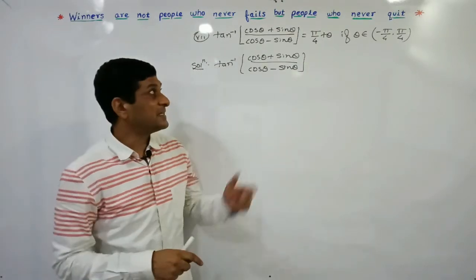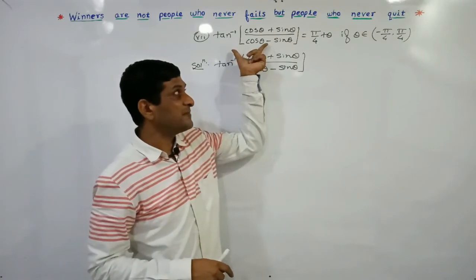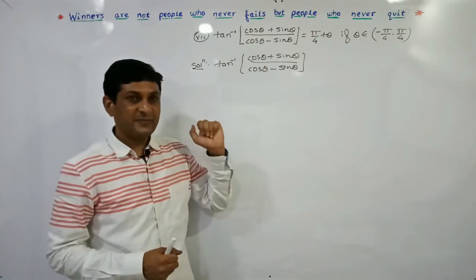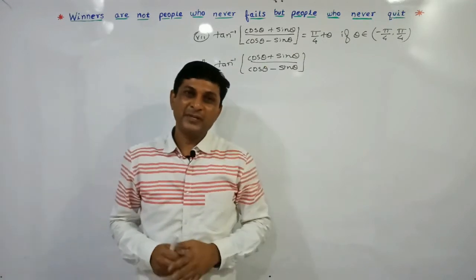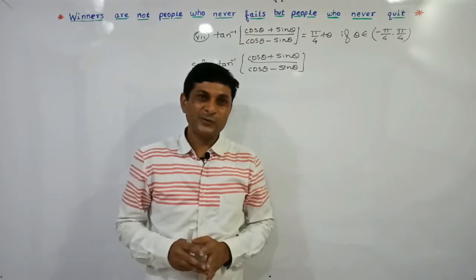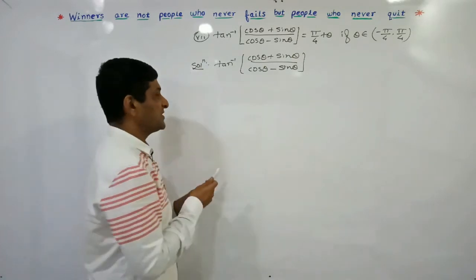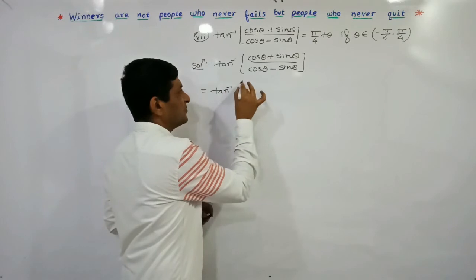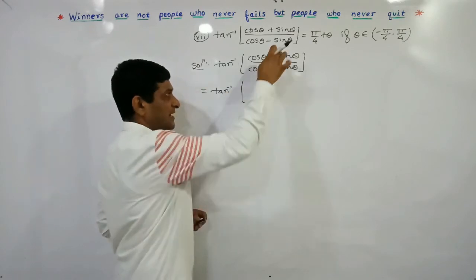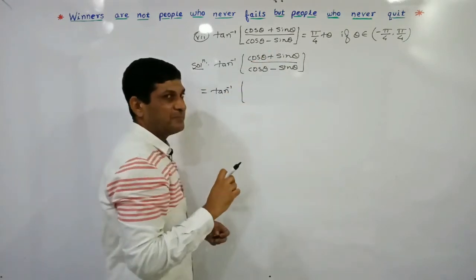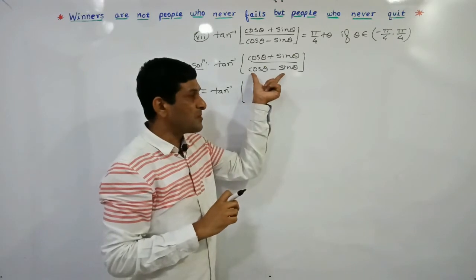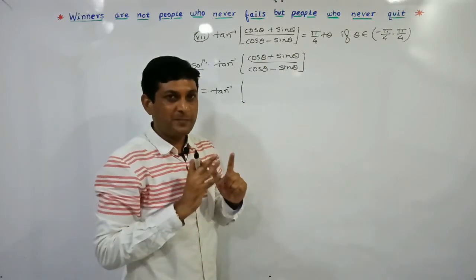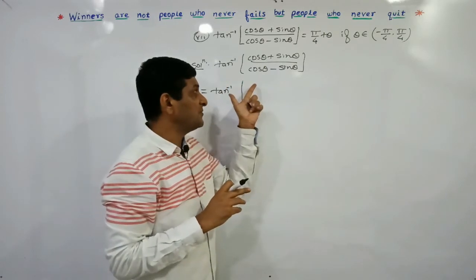In the 7th example, we have to show that the value of this left hand side is equal to pi by 4 plus theta. So we have considered the left hand side. Such type of example we have seen in differentiation and integration also. In such examples, if tan inverse is there and one trigonometric expression appears, then solving this trigonometric expression we try to convert it in terms of tan, so that tan and tan inverse will get cancelled,